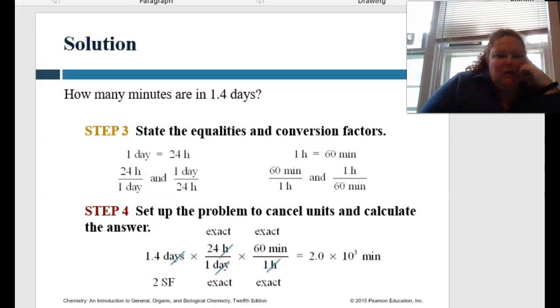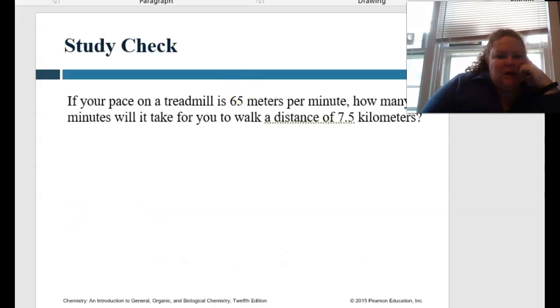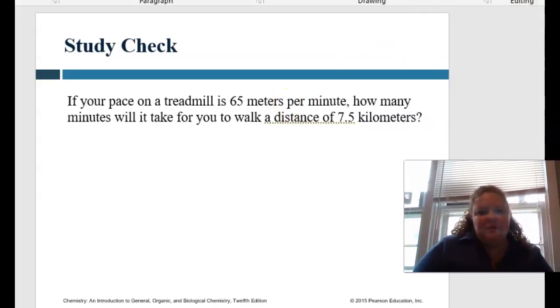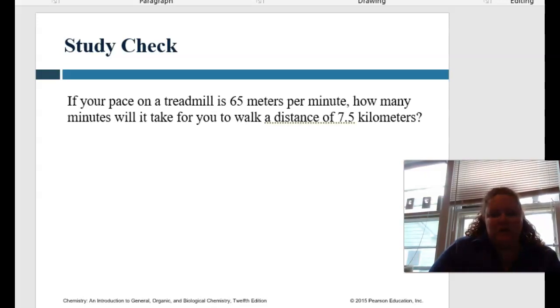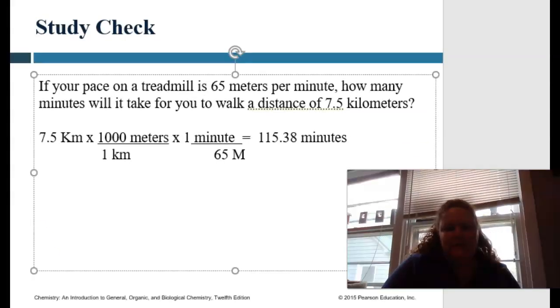Okay. And so here is another one that you can work on your own. If you walk on a treadmill at 65 meters per minute, how many minutes will it take you to walk a distance of 7.4 kilometers? Okay, so we'd have to set up the problem again. We have 7.5 kilometers. 1 kilometer equals 1,000 meters. That times 1 minute equals 65 meters, because that's what it told us. Divide it out, and that would be